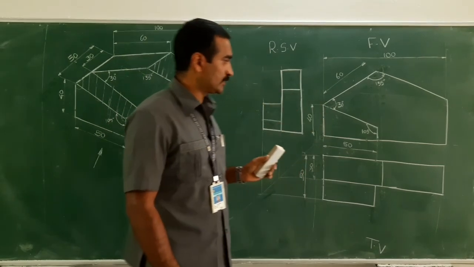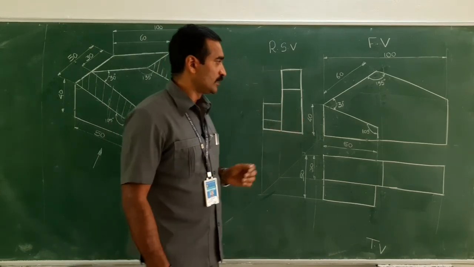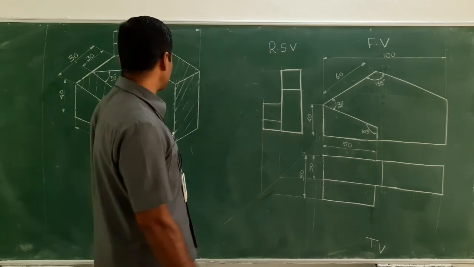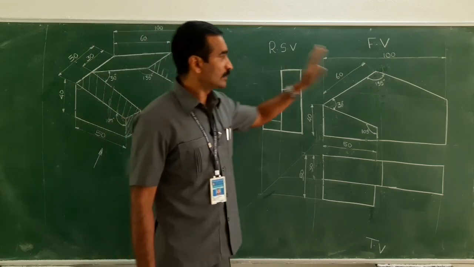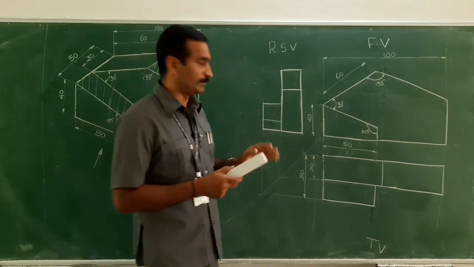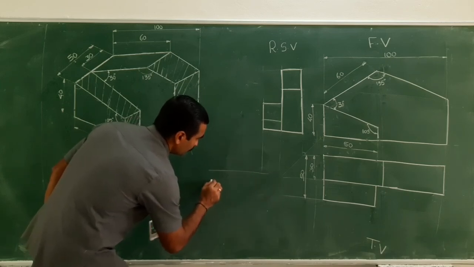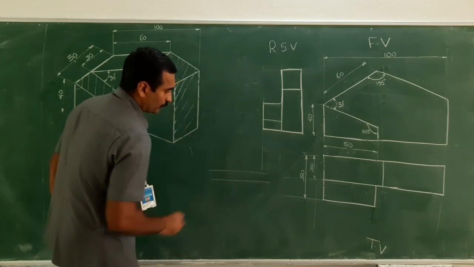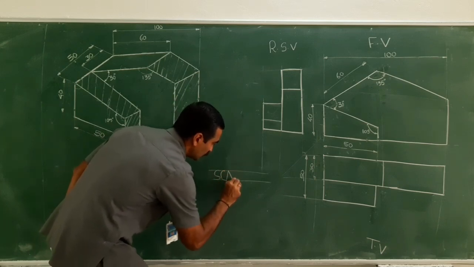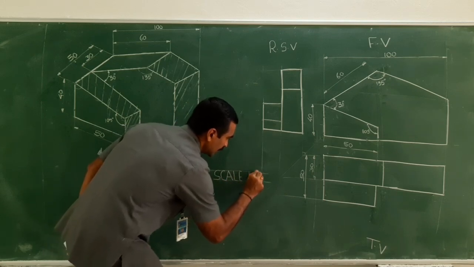So now, since I have completed all the three views, now I need to mention the unit of their dimensioning. That is, all dimensions are mm. Then the scale, the type of scale which I used. Here, as far as this diagram is concerned, I haven't changed the original dimensioning. So whatever is reflecting in the diagram, I have reflected here. That means I transferred all the information without changing it. Therefore, I have used the true scale. Right. So with a guideline of 5 mm, the scale I have used is true scale. Therefore, the scale should be 1:1. Scale should be 1:1.